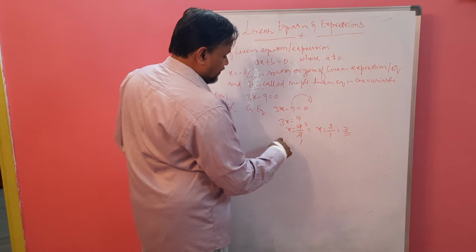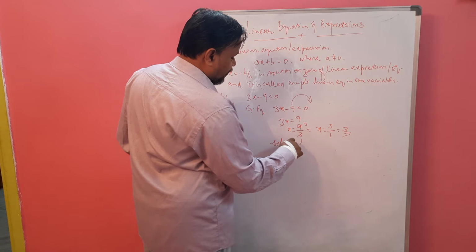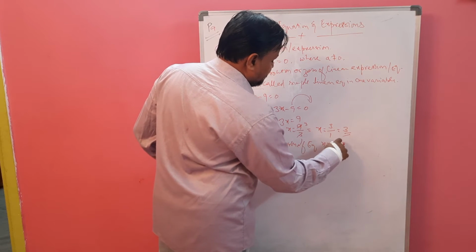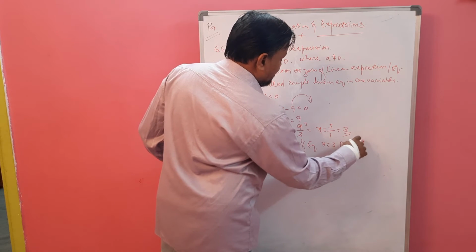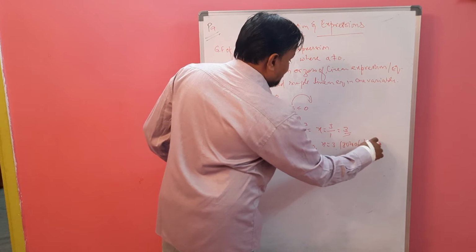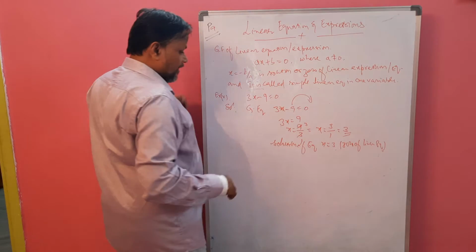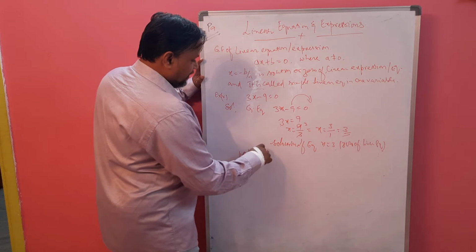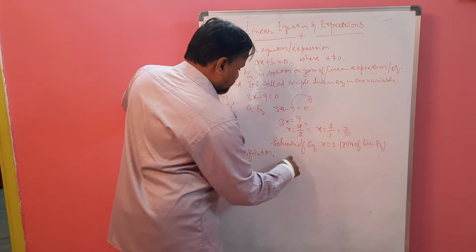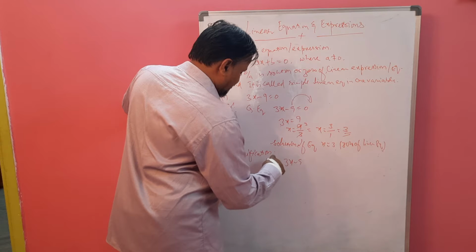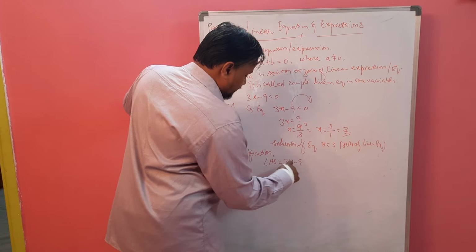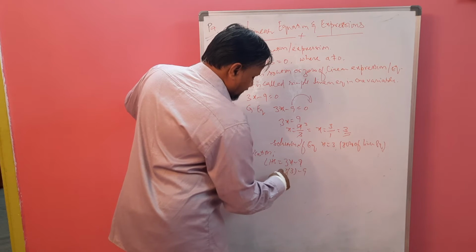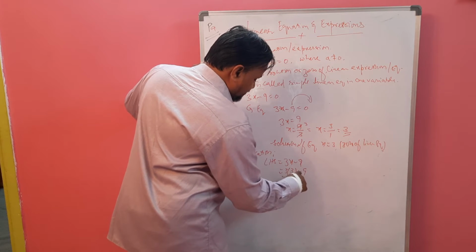The solution of this equation is x equal to 3, or this is called the zero of the linear equation, the given linear equation. Now verification, you can verify it also. Now we are going to write 3x minus 9. This is our left hand side. Now substitute 3. The x value is 3, minus 9. So 3 into 3, 3 threes are 9, minus 9, that is 0.